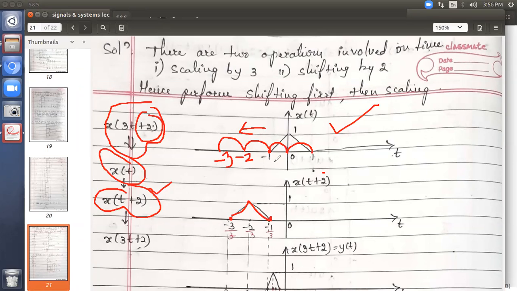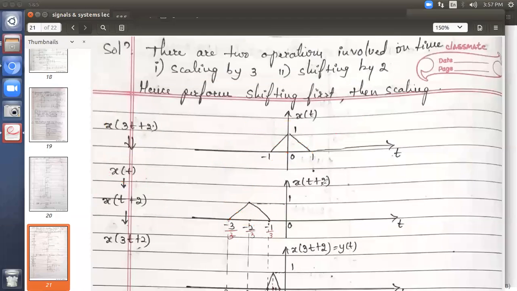You can observe how many units are there. 1 unit, 2 unit. Here also 1 unit, 2 unit. Maximum amplitude 1. So the signal I have drawn is correct because the amplitude has not changed. The time has simply been shifted. Amplitude remains unchanged. So after this, once I got this shifting operation,